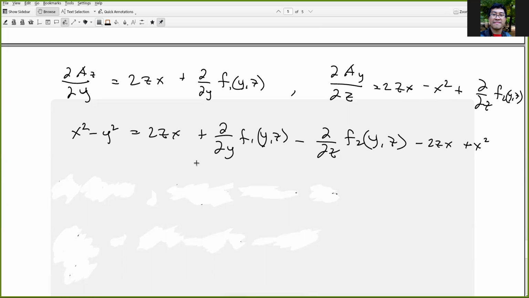So here we can cancel terms. This and this would cancel. X squared and this would cancel. Okay, is that right? 2ZX. Okay. So if F1 equals 0, so if this is 0, then you have Y squared equals,